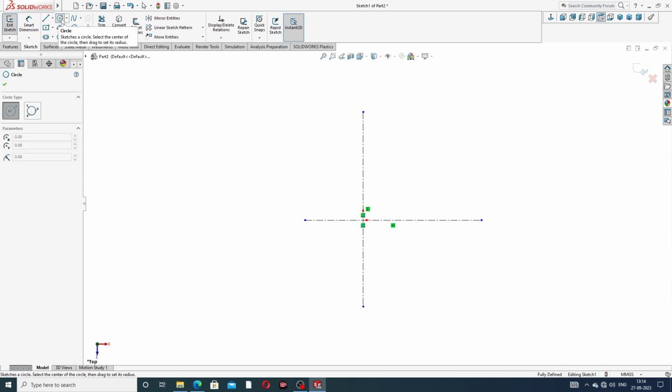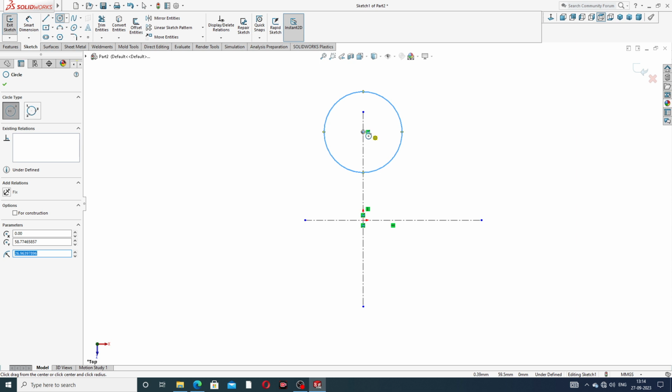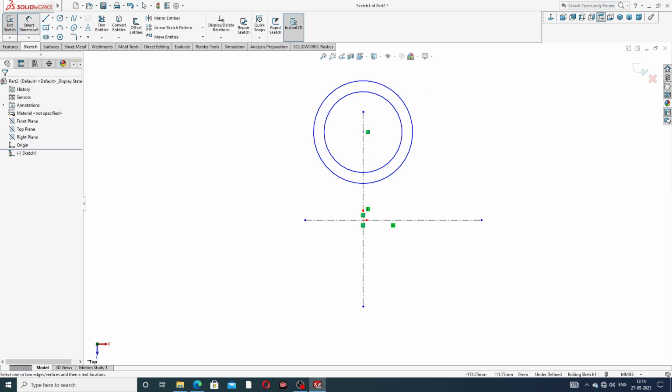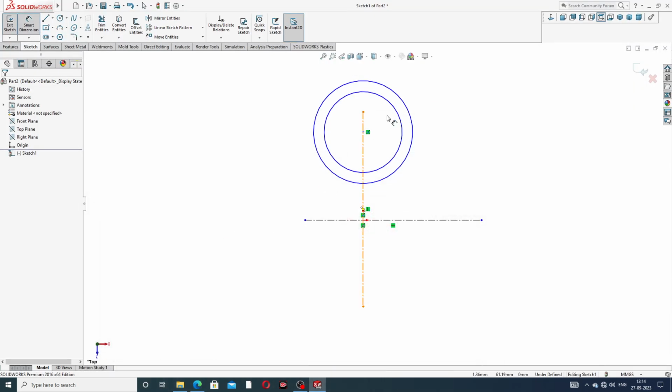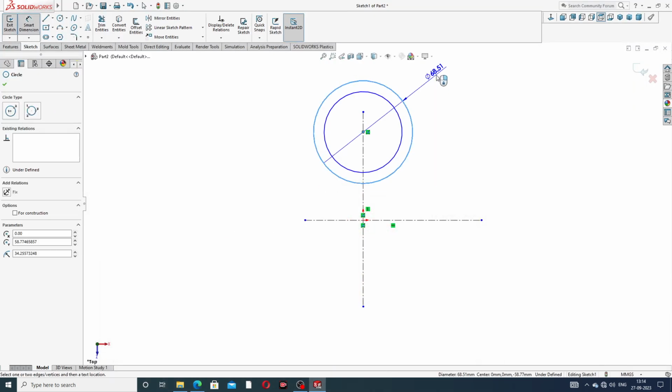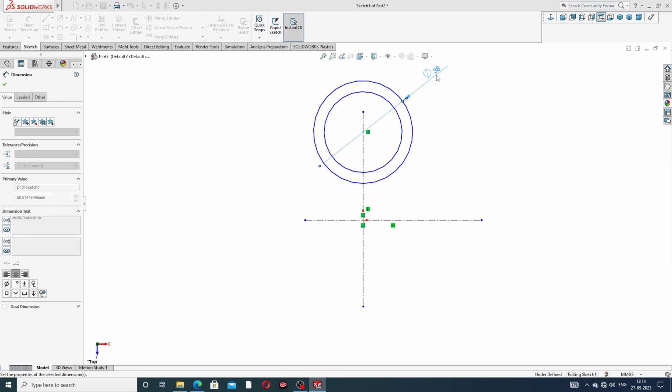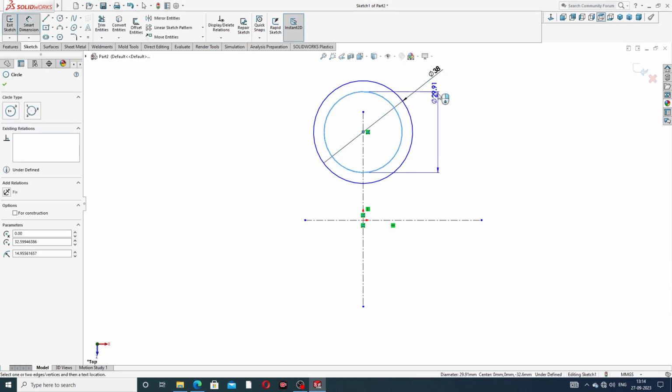Select and draw two circles on this line, one by one. Then mention the dimensions: this is 12 millimeter and this is 38 millimeter, this is 38 millimeter and this is 12 millimeter.